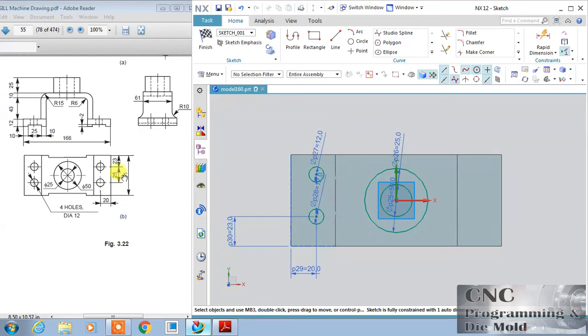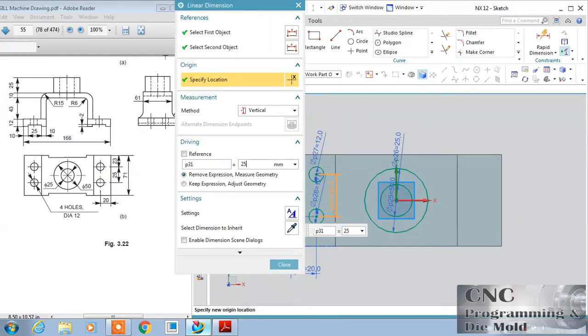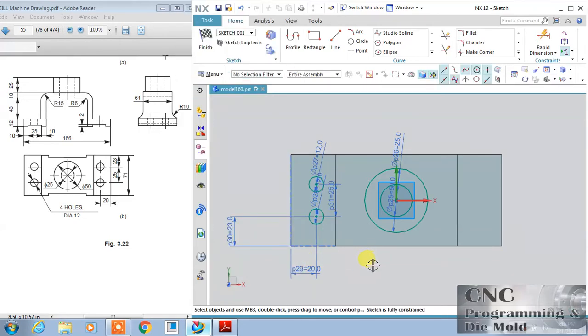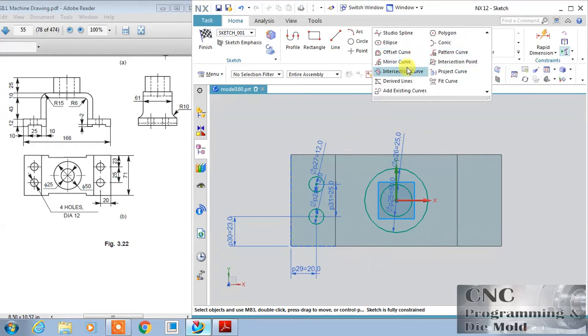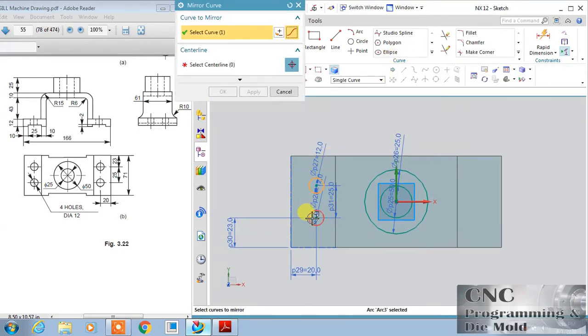Vertically align, and the distance between these two holes is 25. If you want to mirror this, you can mirror, or we can mirror after extruding this. So I will mirror this. Select these two, click and OK.